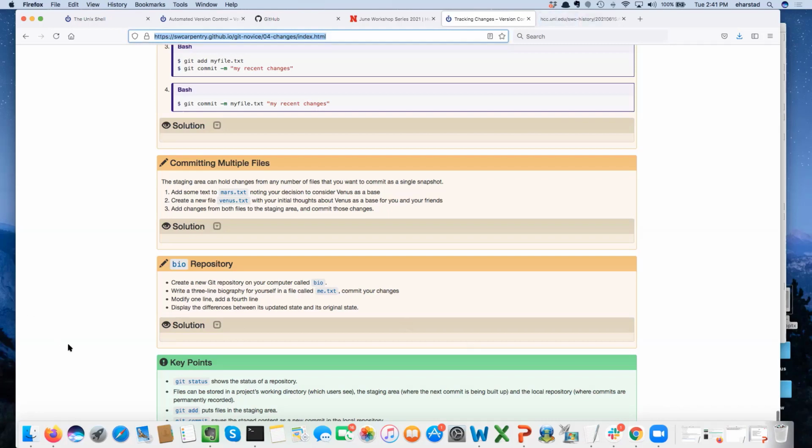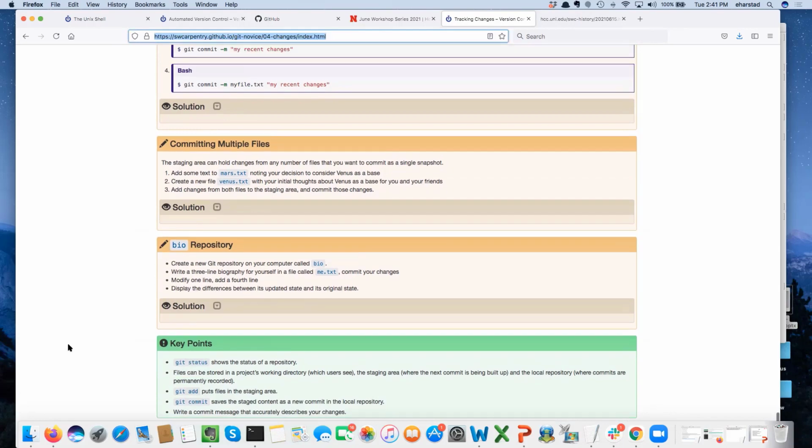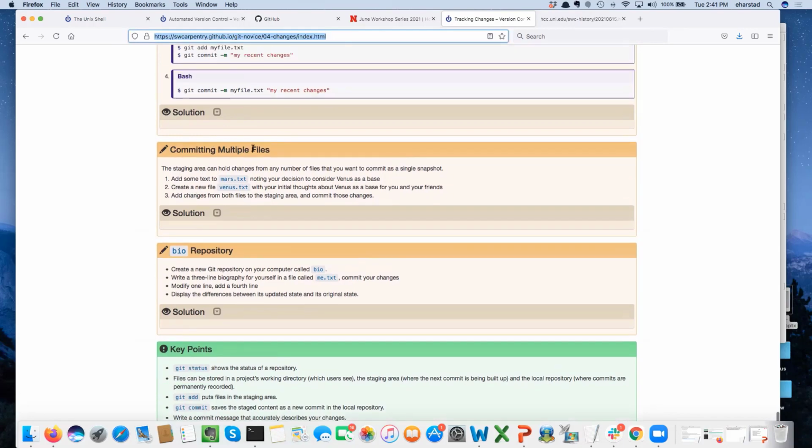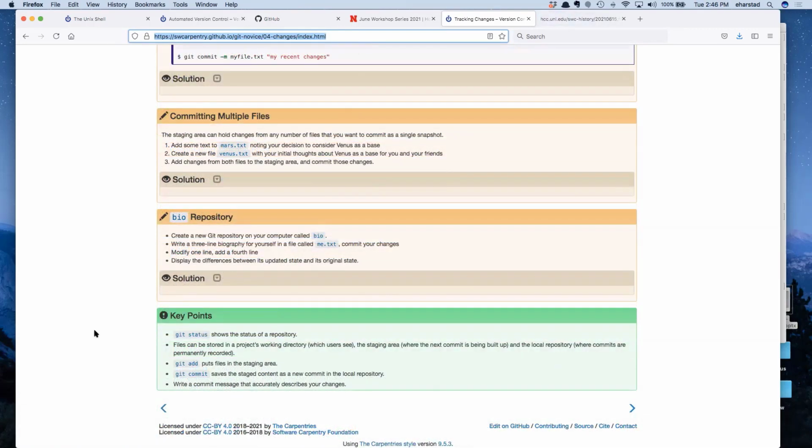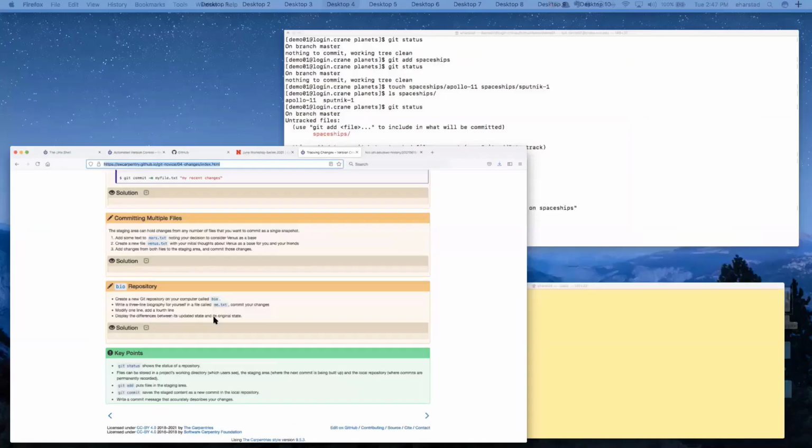Scroll down to the bottom. It's pretty much all the way at the bottom, and there's an exercise called committing multiple files. So please work on that for a minute or 2 or 3, and then we'll all go over the solution together. Okay, since some people are done, we'll go over the solution to this one together, and whoever's not done can do it along with me. So